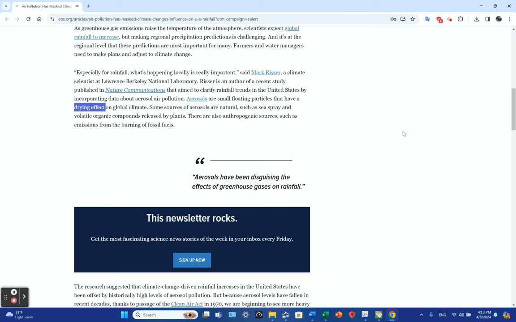Usually to form the clouds, you need what's called a hygroscopic particle. Aerosols are perfect for that. They provide a load of hygroscopic particles. So